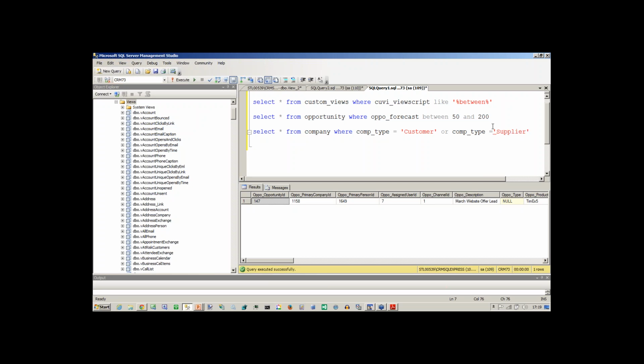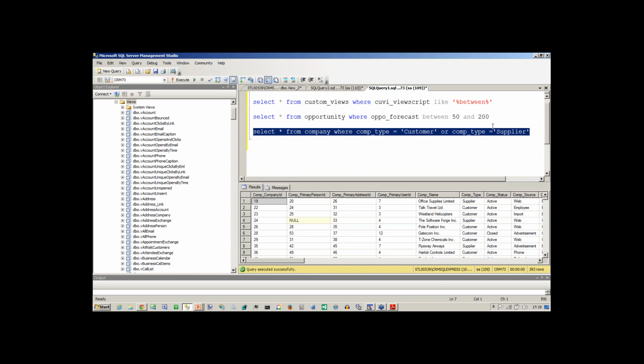I've got two clauses being applied here, and this would work. So I can see that I've got